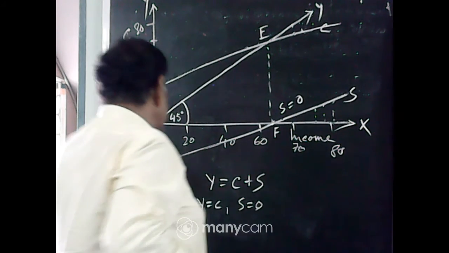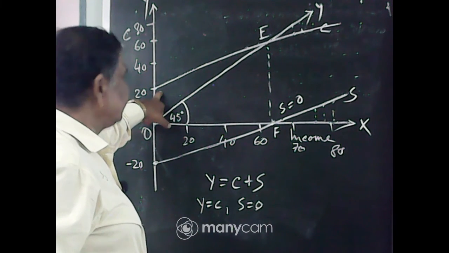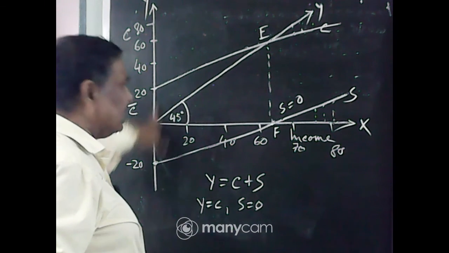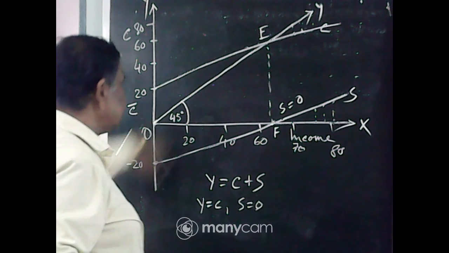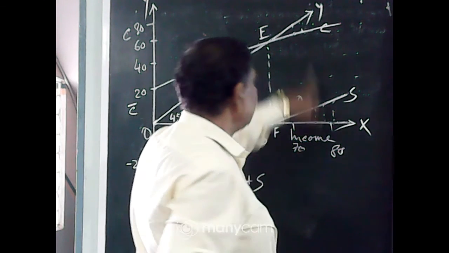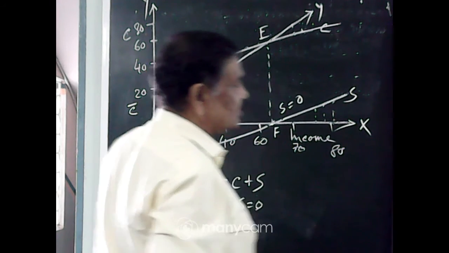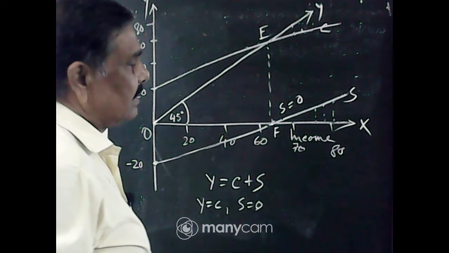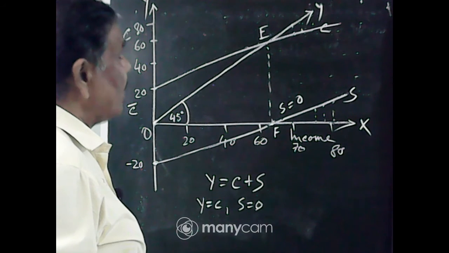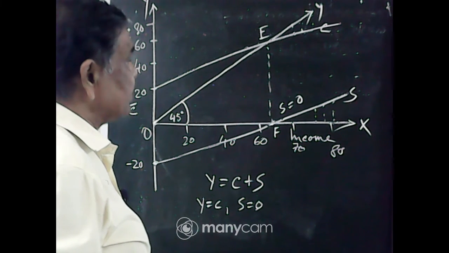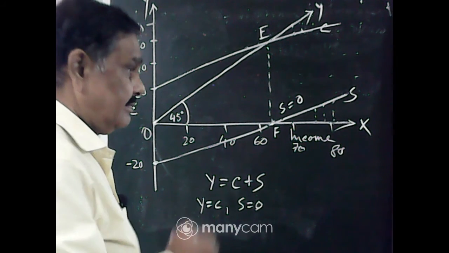Okay. So if the consumption curve is given, accordingly you can draw the saving curve from minus 20, from E to F, and this gap must be equal to this. So simultaneously the saving curve and the consumption curve increase and intersect the Y curve and the horizontal axis by consumption and saving respectively.